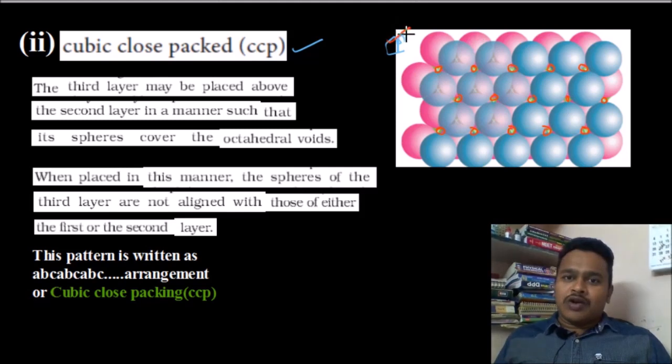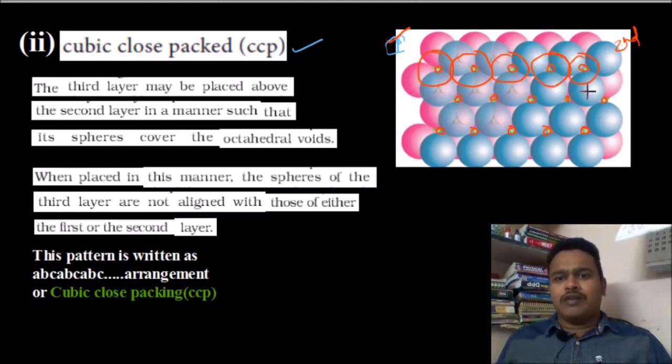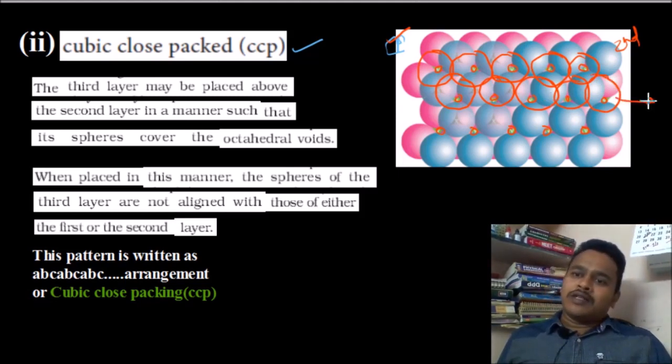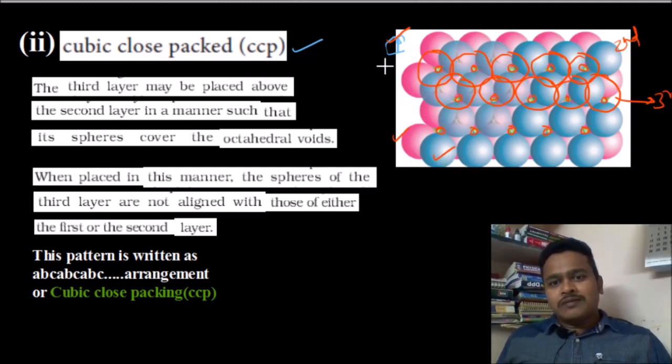Now first layer is over and second layer is over. Now we are going to fill these octahedral voids. Here one void, here one void, here one void, here one void. Like that you fill them, and the third layer will come. Now we observe that this third layer is not aligned with the first layer or the second layer, so this is a new type.